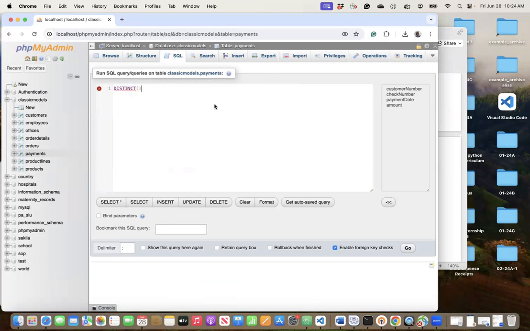So let's write a subquery that we can use to do this. We want to uniquely select customer number. The query is going to be select. Now we want to select the total number of customers, so select count, we're counting the unique number of customers. Unique customer number means distinct customer number. Notice that we put the count aggregate function first, and then in its parentheses we use the distinct keyword, and in that parentheses we put the customer number. So we're selecting count distinct customer number, and let's alias this as total customers,